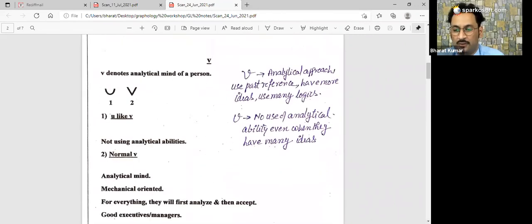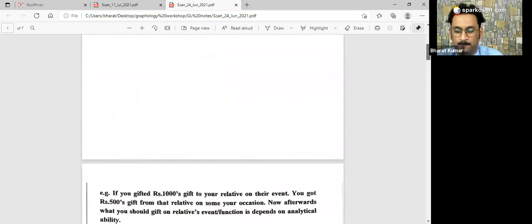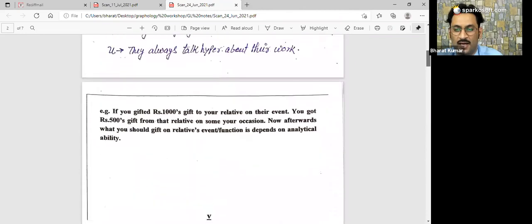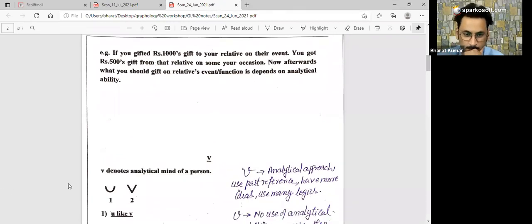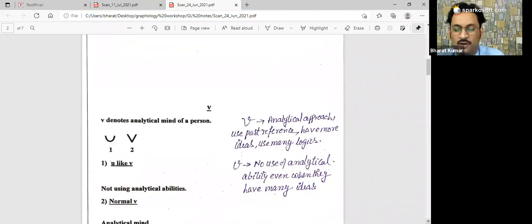Now work on V. How many of you use type 1 or type 2 V? Please tell me. Type 2, okay. Most of you agreed with type 2. Yeah, a cursive loop is observed in type 1. So if you have type 1 V, this kind of V resembles U, and many times other people may be confused whether you have written V or U.